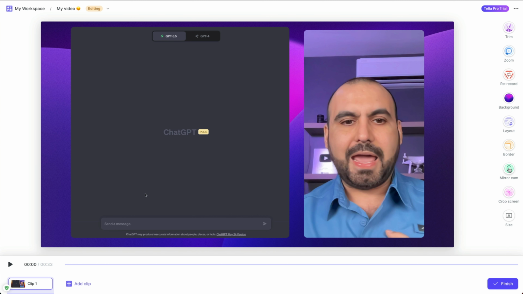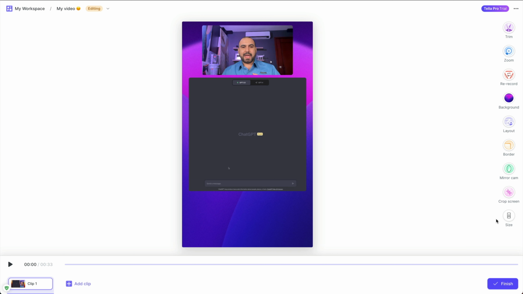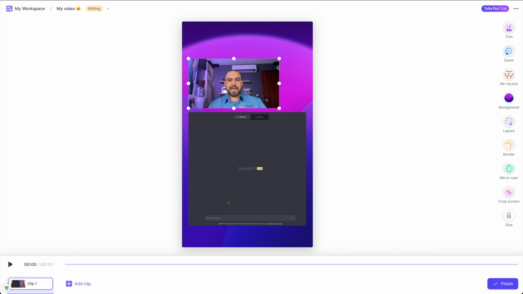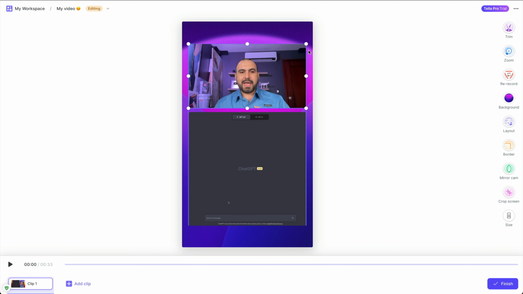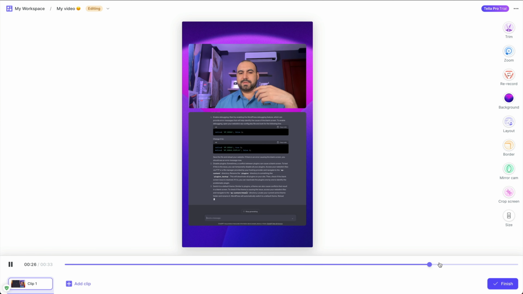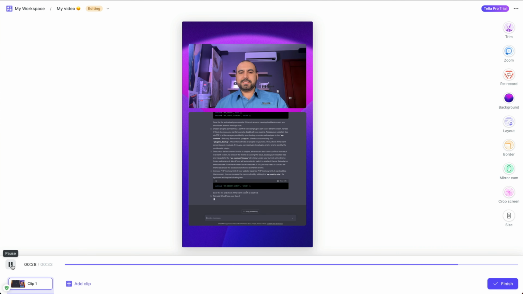There's the mirror cam if you need to do that. See how it changes, okay? You can crop the screen if you like to change different formats, and you can change the size. So let's just say that your video is not going to be the standard one, so it's gonna be portrait. You can change it there, and check how easy this is. So I'm gonna do that there, change it like that, and boom. Okay, and you're gonna view this. Check that out, etc., etc. All right.